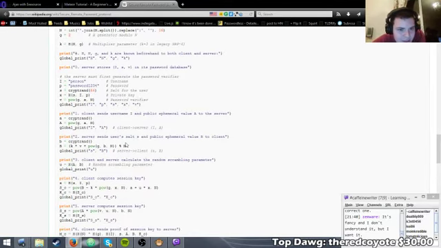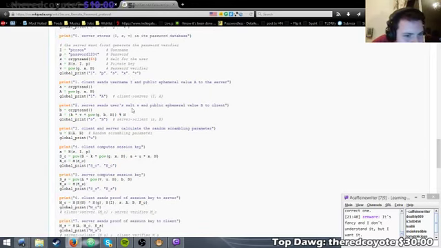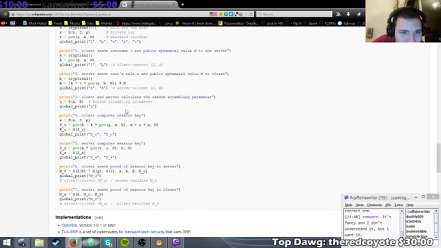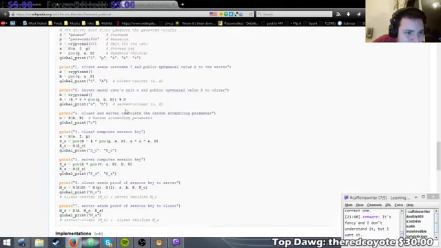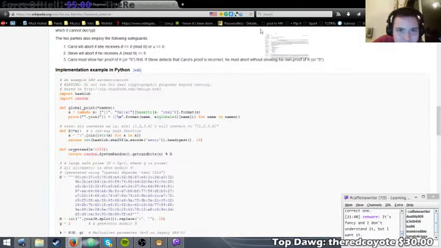Okay, so step one: the client sends username I and a public ephemeral value to a server. This is going over my head, but I love this. Okay, drag you to bookmarks and